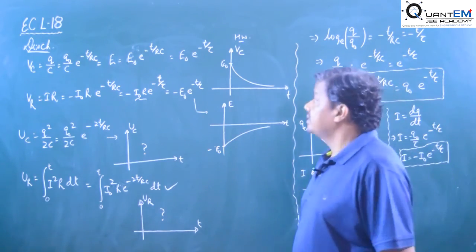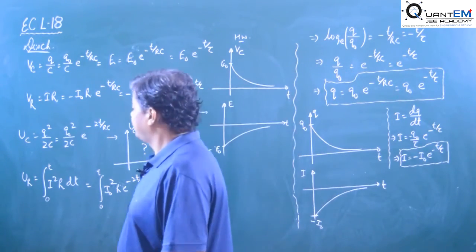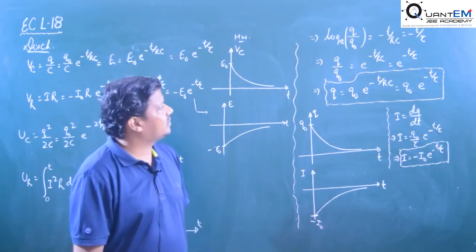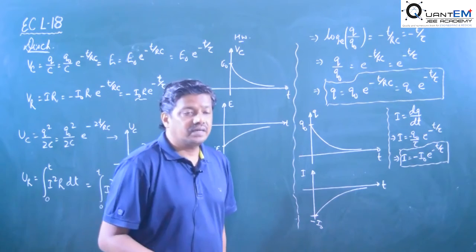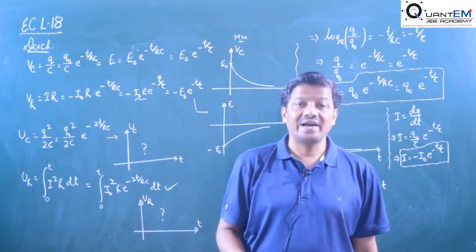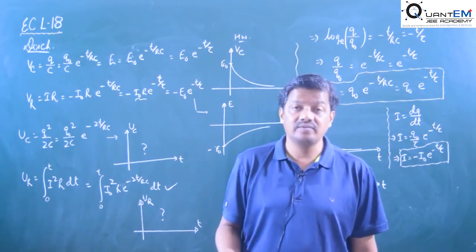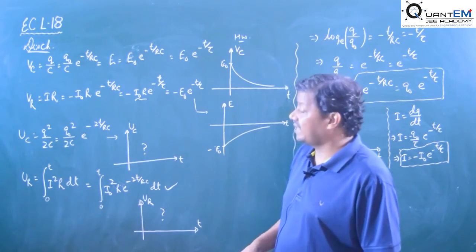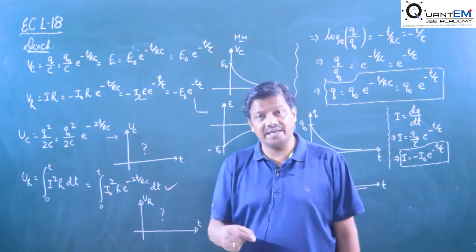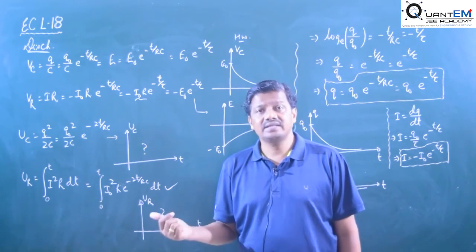Okay, now these were the simple circuits, only C and R, one C and one R we have. Now we have to find the value of time constant. How to get the value of time constant? In these circuits we have time constant what? R into C, and the unit of time constant, it is actually time, that's why it is also what? Second. Okay.